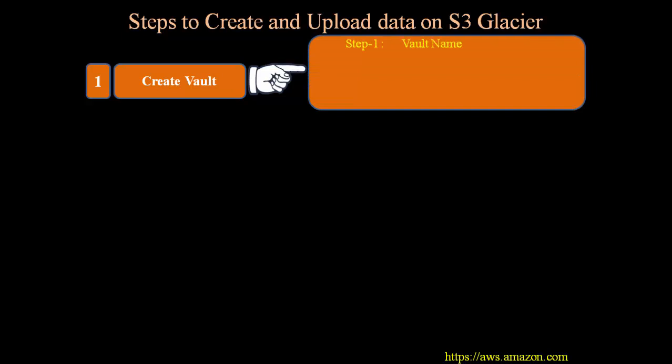Step number 1, we have to provide the vault name. We can create a vault in any region. For example, we have chosen one region, the Asia Pacific Mumbai region. Then your vault will be created in that particular region. In step number 2, we have to decide whether we want to give event notification or not. If you want to, then in step number 3, we have to provide the event notification details. And the last step is review. We just verify all the steps and then at the end we will have one vault. In this way we can create a vault, store data inside the vault, and whenever required we can retrieve data from the vault.